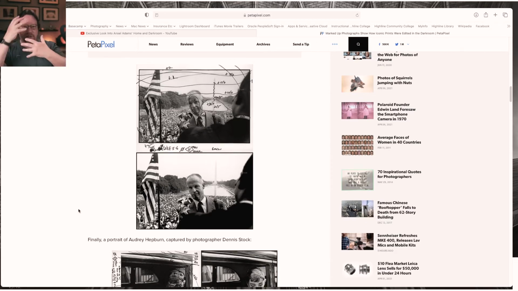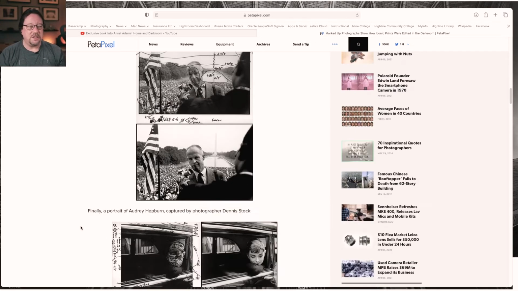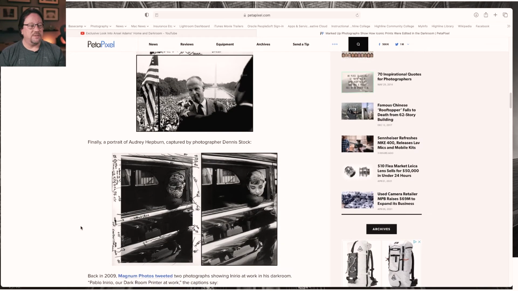Again, look at how they're shaping color, the light on the face and in the sky, in the reflecting pond. And also in this photo of Audrey Hepburn, looking out a car window, shaping the reflections on the side of the car, her face, and different parts of the car.